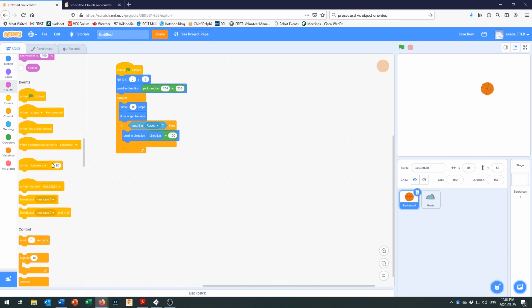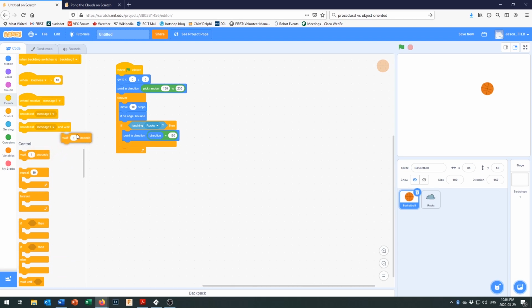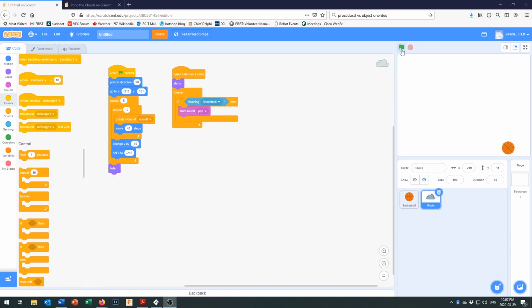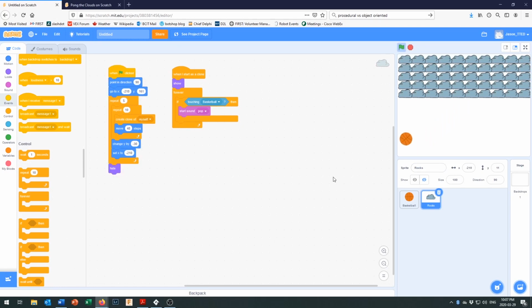Where are we down here? There we go, under control. We can just put a little 1 second delay in there. Now the ball waits and the rocks have a chance to grow. And now that's working better, but we're not getting the pop sound from the rocks. Well, as far as I can tell, oh, that's a problem with the collision detection